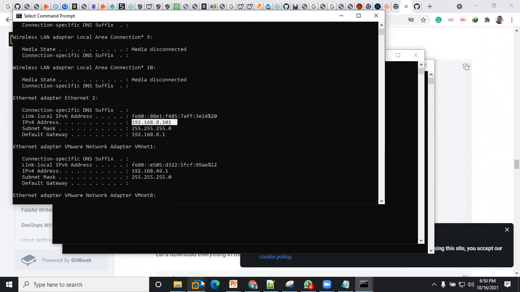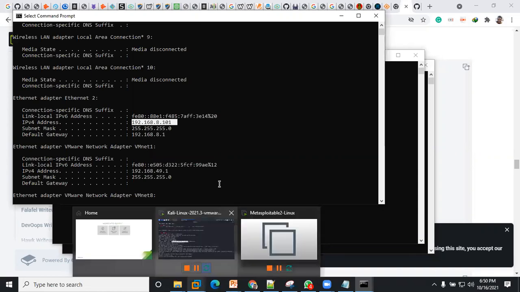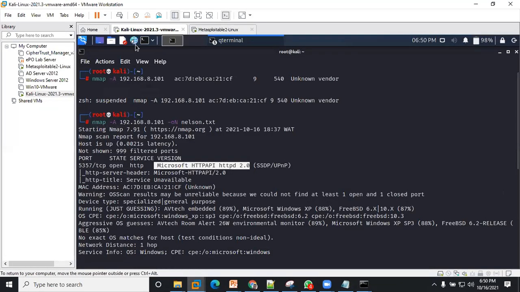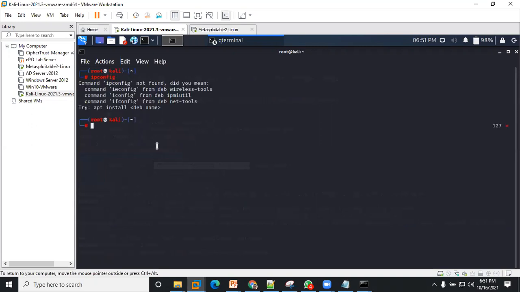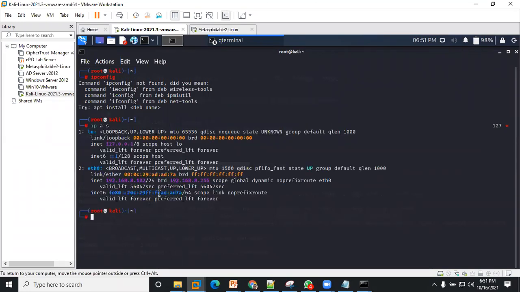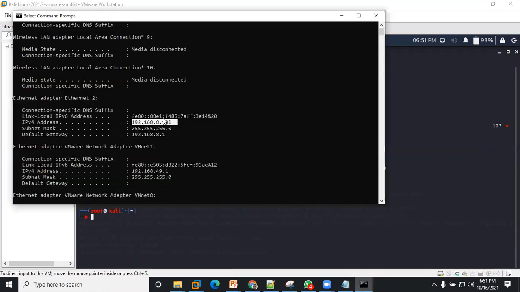Now, if you go to my Kali, let me show you the IP address of my Kali. Because I'm using a modem, you can see my Kali is using .8.102, but my main machine is using .8.101.